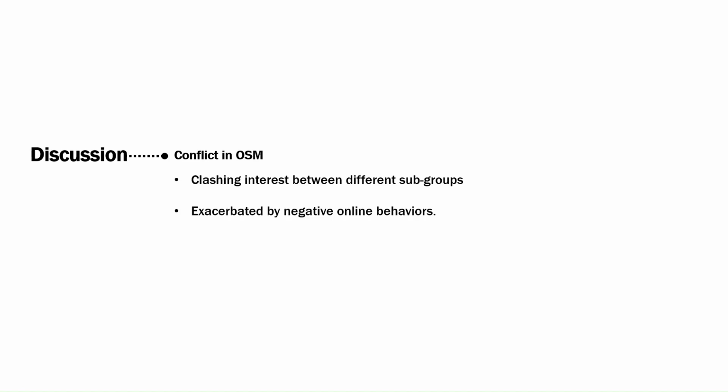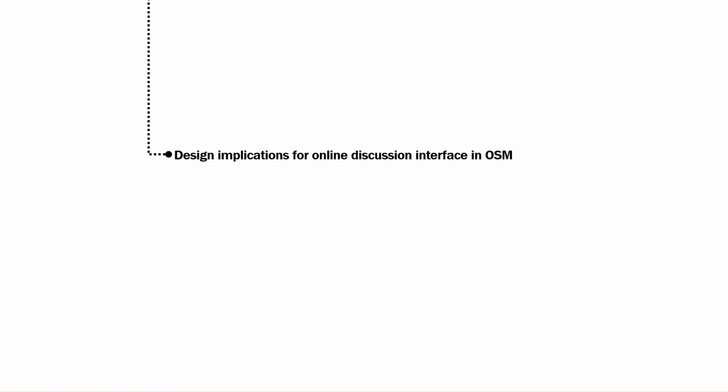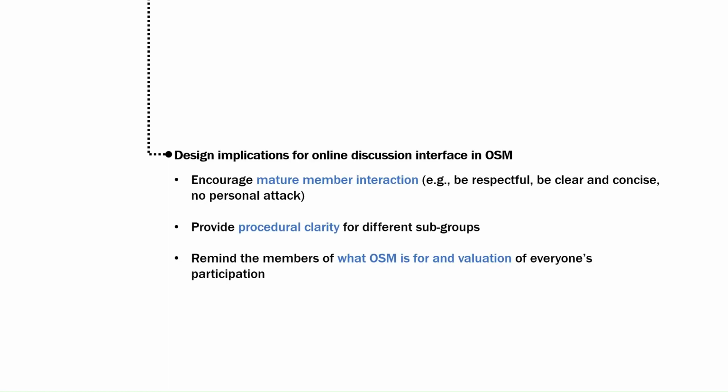Our results show that conflict in OpenStreetMap is a byproduct of clashing interests between subgroups exacerbated by negative online behaviors by mappers. We extracted design implications for the online discussion interface in OpenStreetMap based on these results, which include encouraging members' matured interaction in line with the code of conduct, providing procedural clarity for different subgroups, and reminding members of what OSM